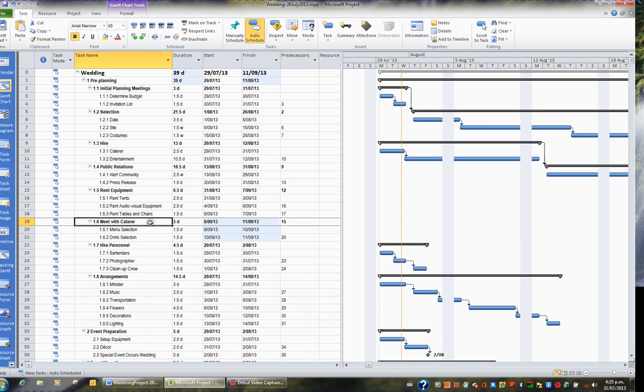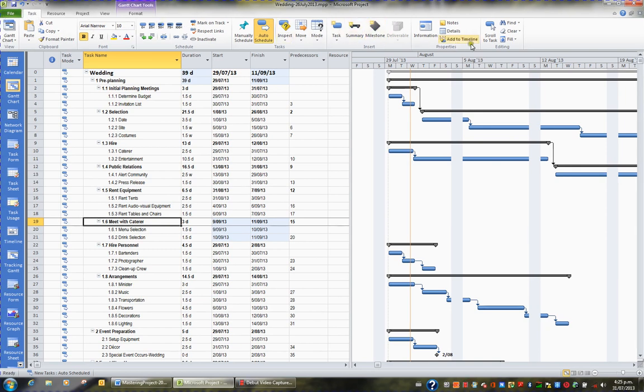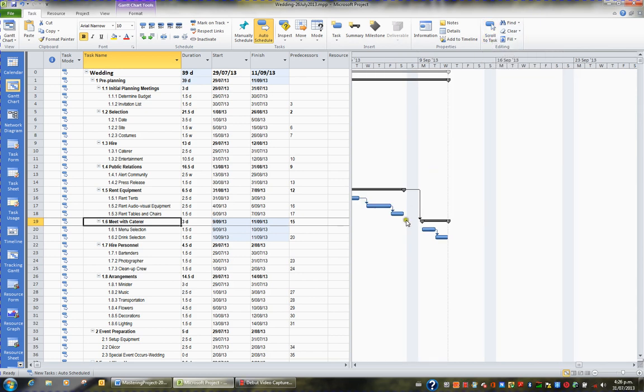What you should do is click on a task, and then in the Task tab in the ribbon, go to the Editing group. And in the Editing group, you'll see a button called Scroll to Task. And notice the shortcut key is Ctrl Shift F5. If I click this button, suddenly Project will bring into view the particular bar on the Gantt that belongs to